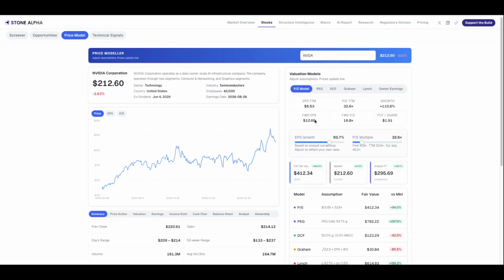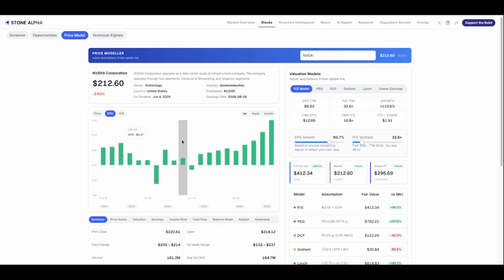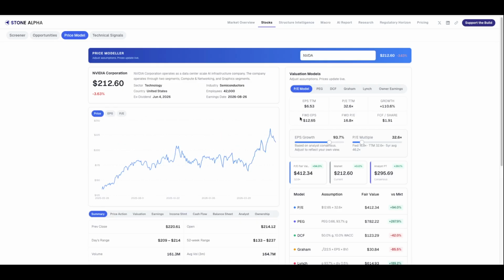Everyone thinks their next announcement is going to be $12. In other words, that's the growth. They're going to grow about 100 and something percent. And if you look at the trajectory of their growth here on a quarterly basis, you can see that probably makes sense. They're going crazy, this company. So analysts are saying they are going to earn $12.65. In other words, at the current price of $212 and a forward earnings of 12,